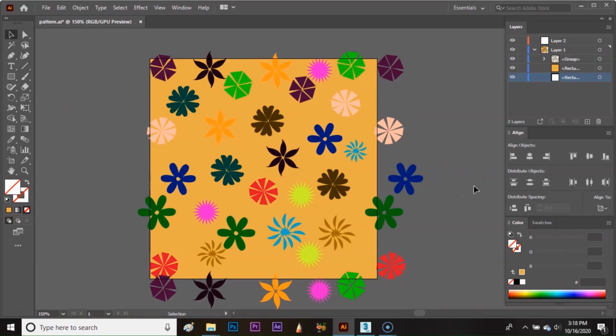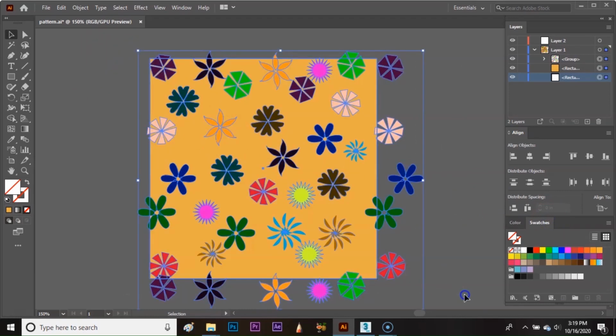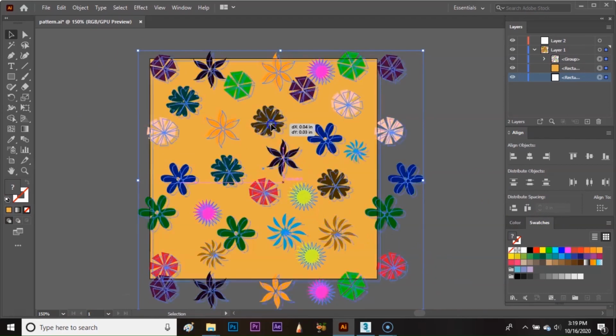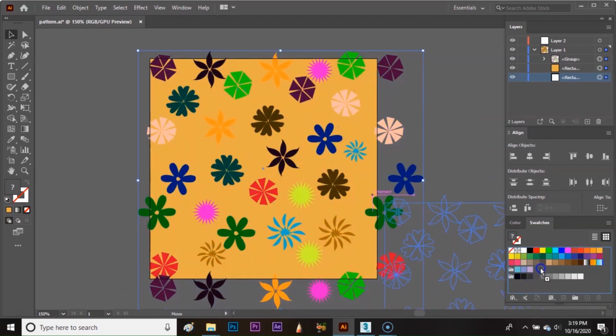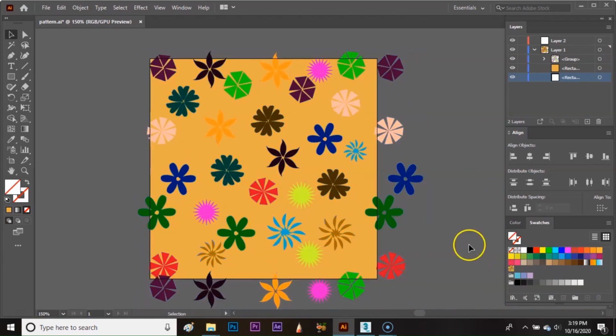Now just select all of them and drag everything to the swatches panel, like this.